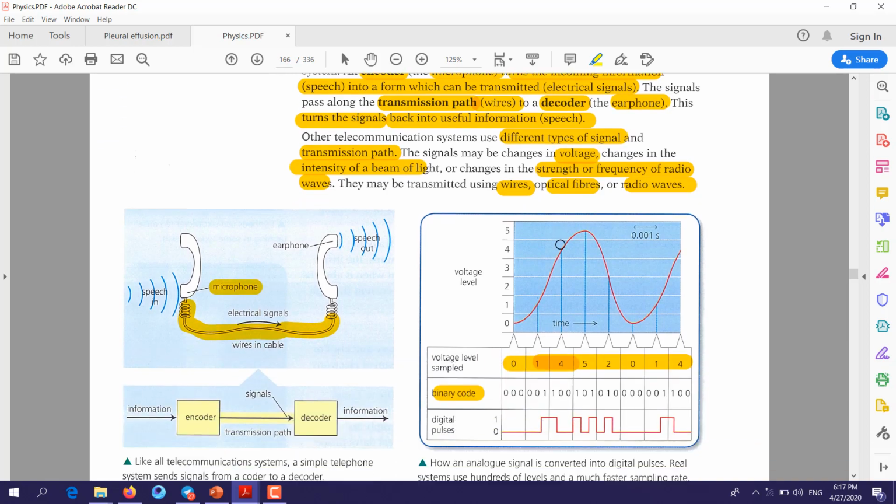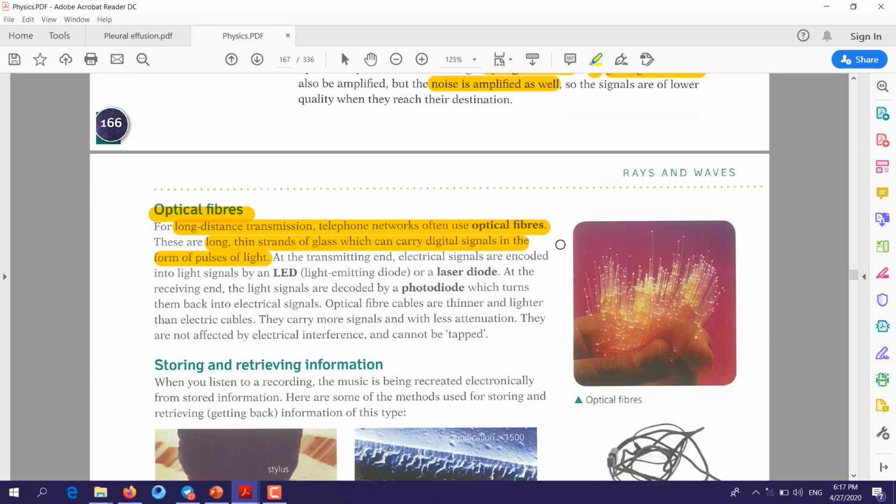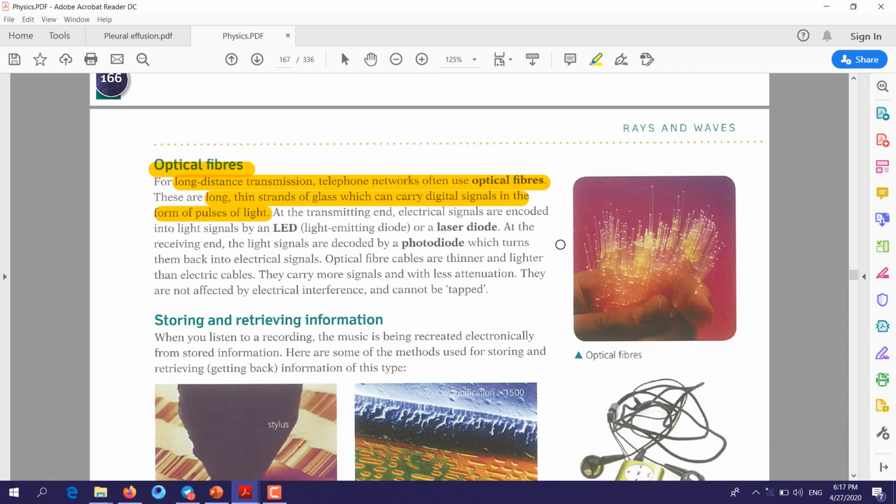We will see where are the encoder, transmission path, and decoder. Firstly, at the transmitting end, the electrical signals are encoded into light signal. So how will this work? Firstly, you will have an electrical signal. Then this electrical signal will pass through the optical fibers as